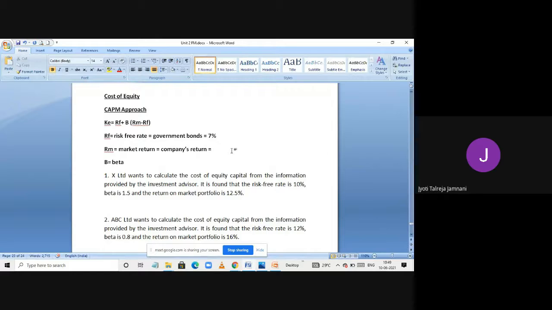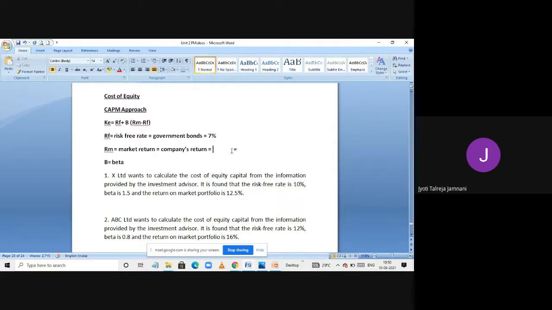Now tell me, if the stock market also gives you 5% return and your SB account also gives you 5% return, why will you put your money in the stock market? You will keep it in your savings bank account, no? Yes, ma'am. Just because the market is giving you higher returns, sometimes 30%, 40%, even 100%. During the last pandemic, the prices were so low. All those who invested, now their prices have doubled for certain companies. So it has even given 100, 200% returns. So when we take risk, we get higher returns.